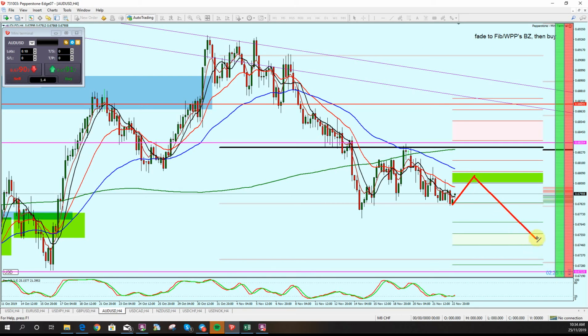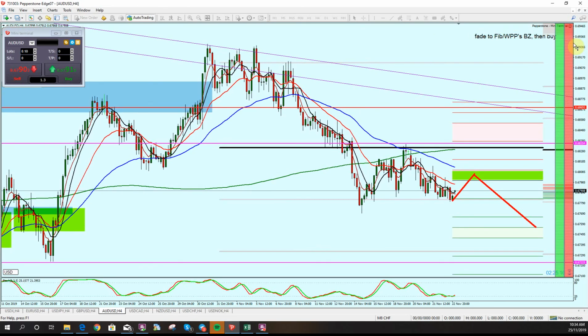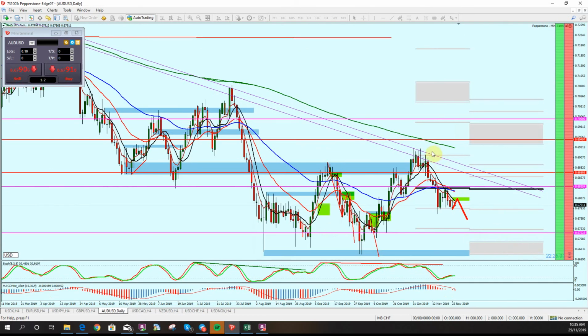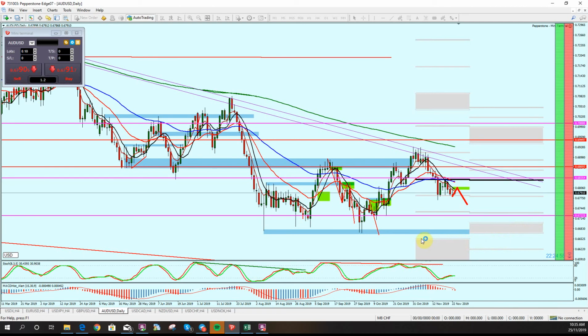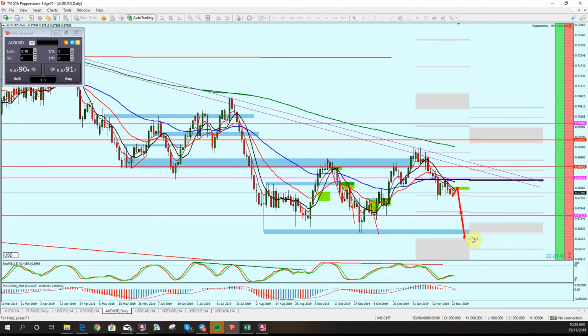That would be a weekly play, but of course, looking at it from a monthly perspective, let me go back to daily time frames. Based on this sell, that level there gives us a target, this level right there. So we've got a week to get here. But of course, because of this particular level here, if it got down there, you'd take profit there. It would be absurd to push for an extra few pips to get past that level. You just take your profit there. So for mine, for a short, for this pair, that would be the play.